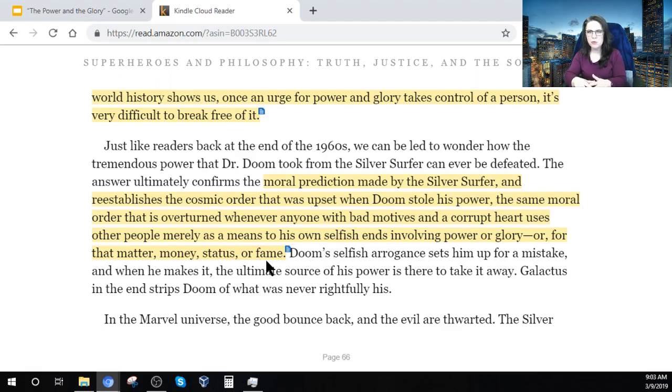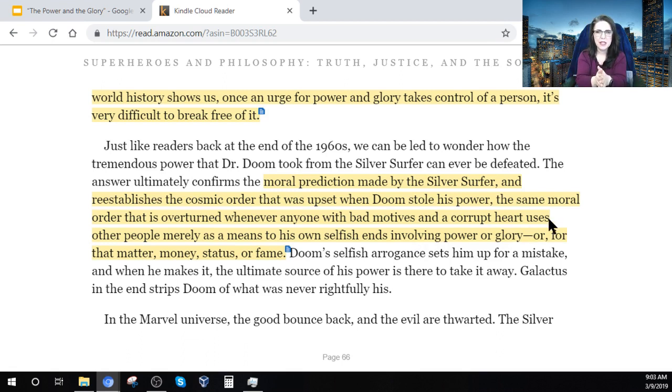This is really good writing. What they're doing is they're taking their claim, they're using return sentences to remind you what they've been saying. They go and apply it to their evidence, which is the comic book characters. Then they bring in morality, they bring in philosophy, and they relate it back. They apply it back to the comic book characters, and then immediately they take it back to the morals that